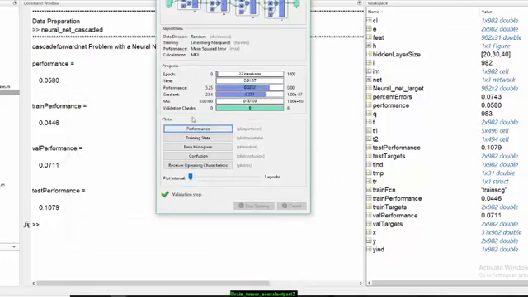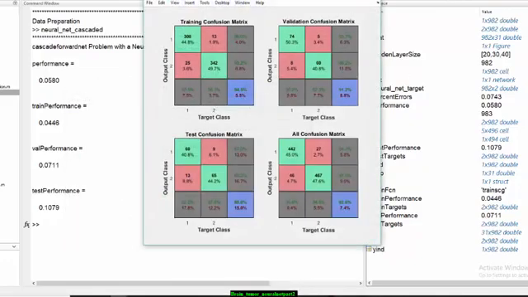We can also see the confusion matrix performance of train, test and validation. For training we have achieved state of the art performance of 94% accuracy, for validation 91%, and for testing it was 85% accuracy. Overall accuracy is 92%.